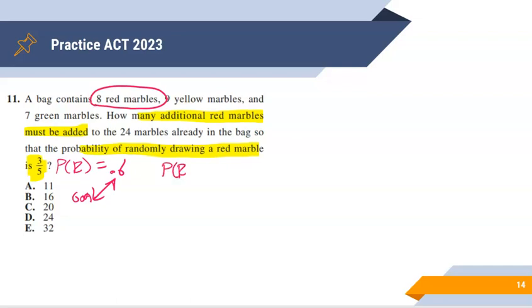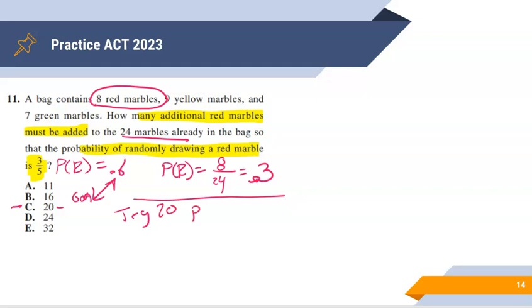Now right now we only have 8 red marbles. So the probability of picking a red marble is 8 out of 24, because there's 24 total there, which is 0.3. So we are not really close at all. We'd add a heck of a lot of red marbles. I'm going to start with adding 20. That means the probability of red marble would be now, there's 20 more red marbles, and there's also 20 more marbles overall, right? If we divide this out, we wind up with